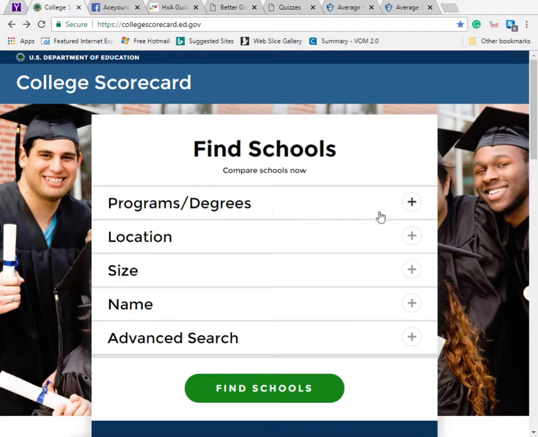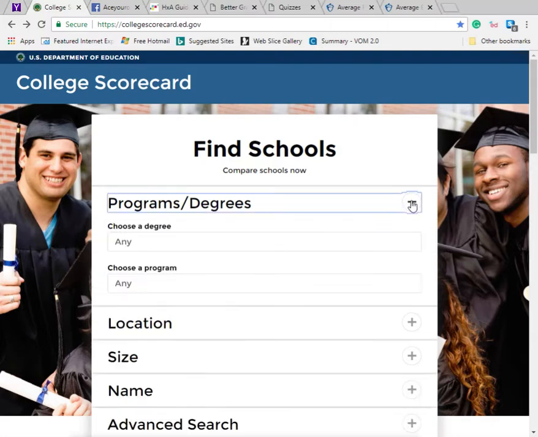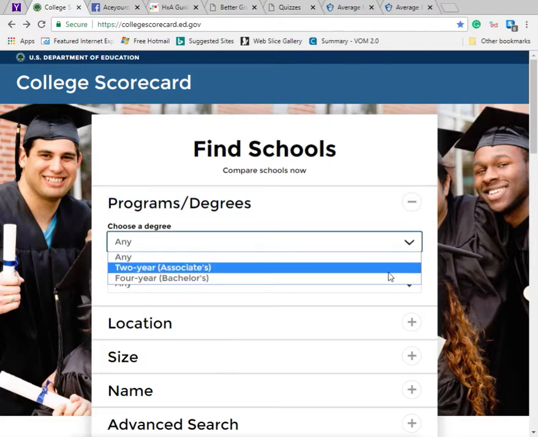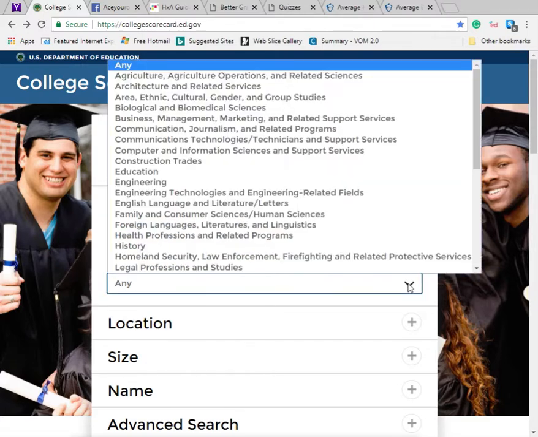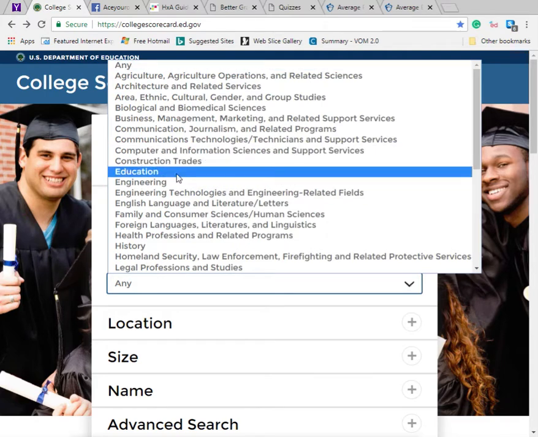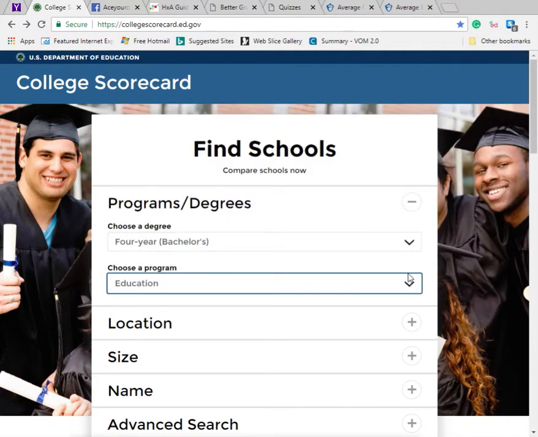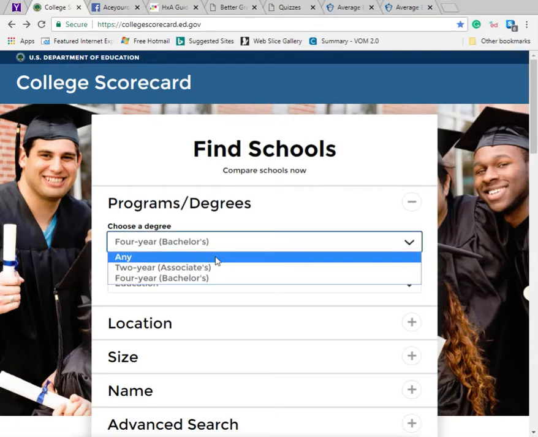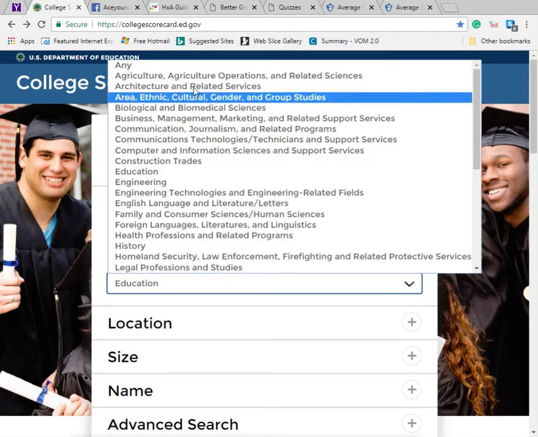But I want to take you through a search just to show you how it works and also give you some suggestions along the way. So I'm going to assume that you don't want any particular degree, that you don't know what you want to do, that you're a young person ready to get started in college, but you're not sure of your career. So it allows you to pick various degrees, such as a 4-year degree in education, but we're going to assume that you don't want any particular degree because you don't know what you want to do.